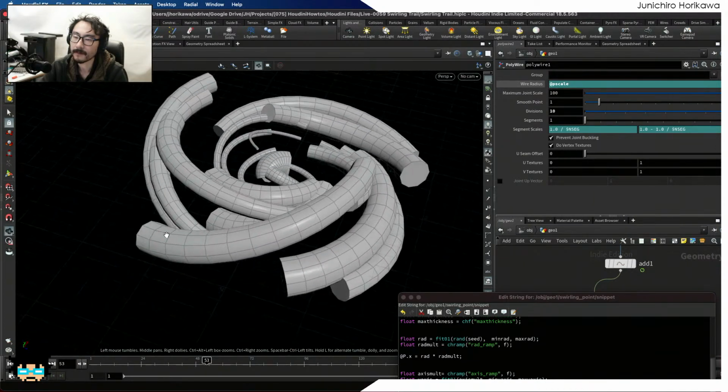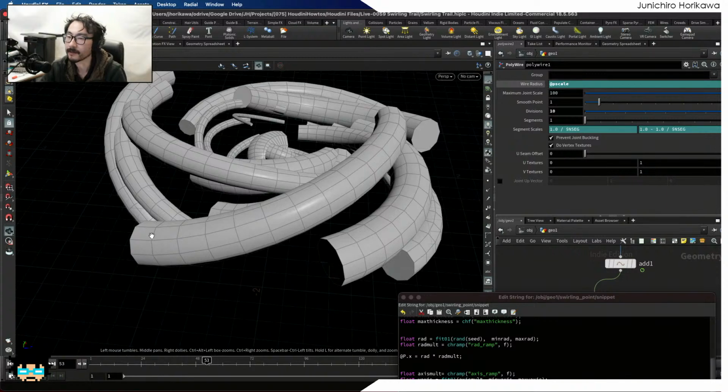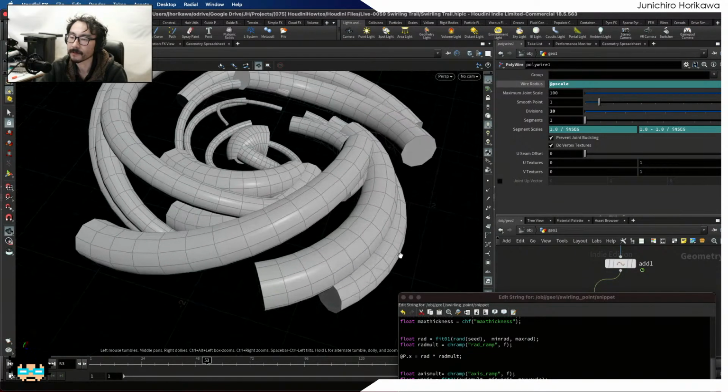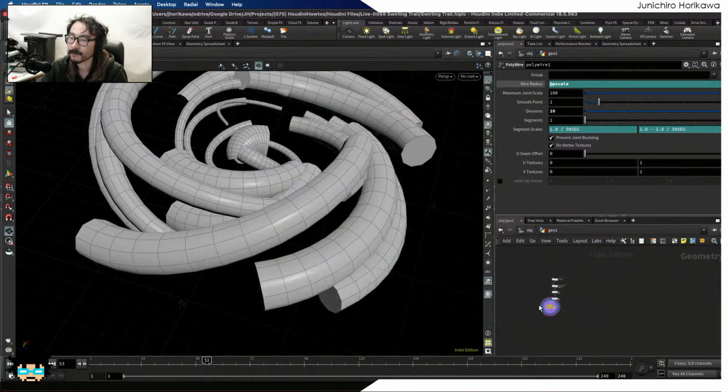And I probably want to control the thickness based on the curve. Maybe the head of the trail could be thicker, the tail of the trail could be thinner. So maybe I want to control that as well. Let's do that first. So to do that, I'm going to close this for now. And the easy way I could think of is to, first of all,